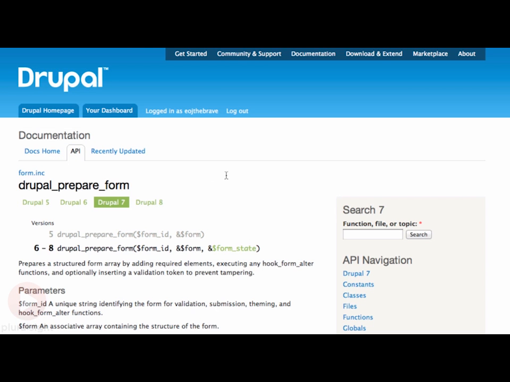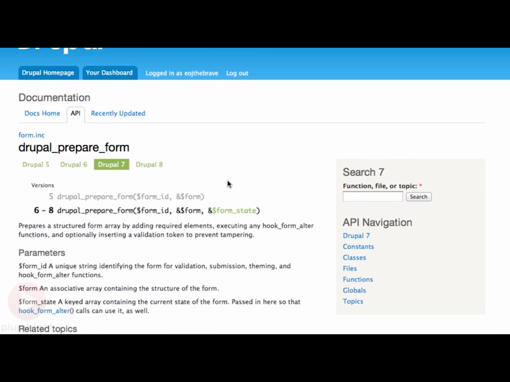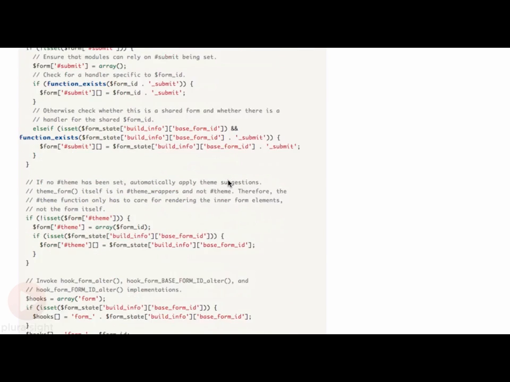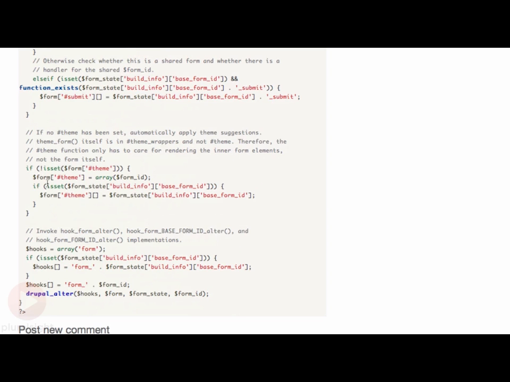The drupal_prepare_form function is called as part of Drupal's Form API whenever a form is built and presented on screen. If we look at the code inside of the drupal_prepare_form function, one of the things that we'll notice is that down towards the bottom is this section of code here where we're checking if not isset($form['#theme']), then go ahead and set that #theme property to the unique ID of the form that's being displayed. This is nice because what it's doing is adding a #theme property to this renderable element